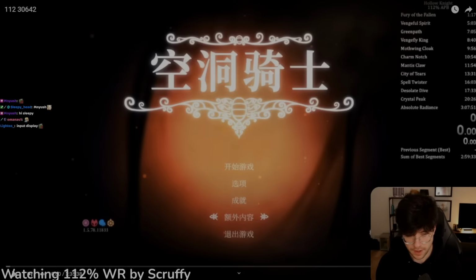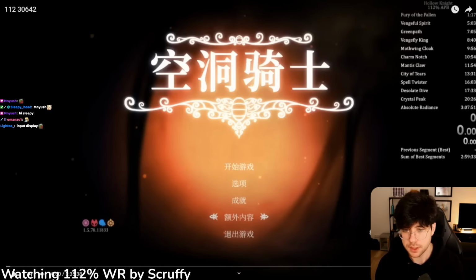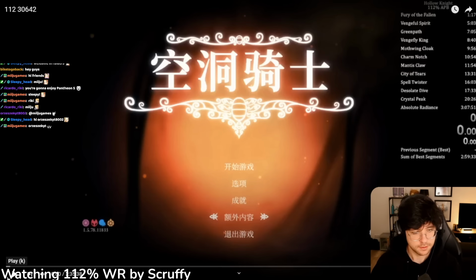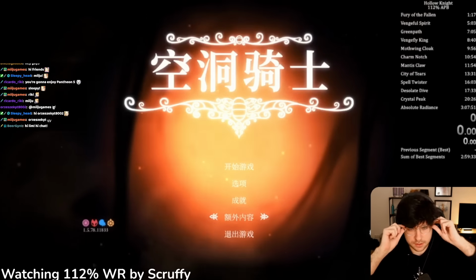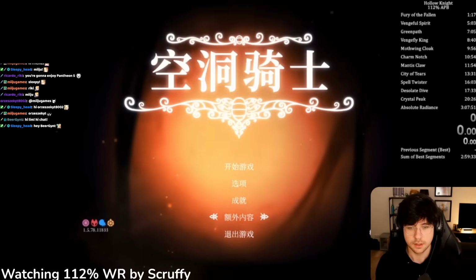But for now, let's watch the world record of Hollow Knight's most insane speedrun: 112% all Pantheon bosses. I think we just jump into it. This is the world record for 112% all Pantheon bosses by Scruffy. Let's go. The first thing I'm obviously noticing immediately is that the game is seemingly in Chinese, if I'm not